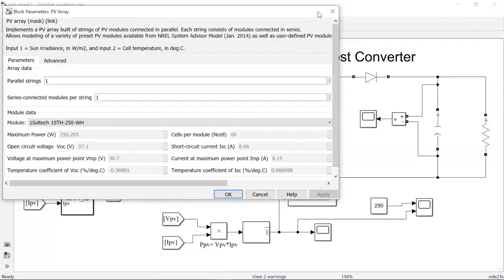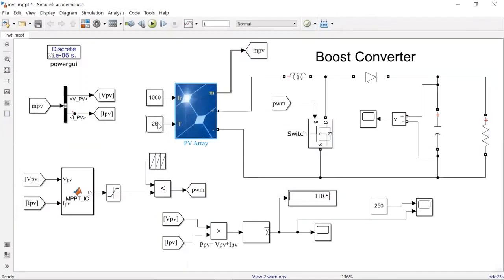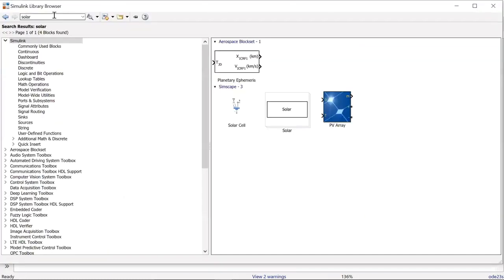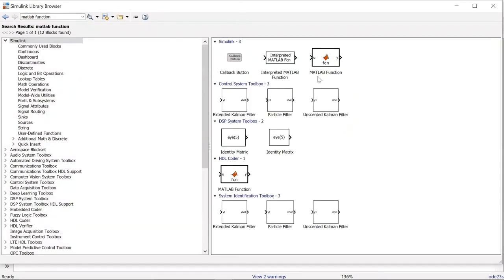Since we are using 25 degree, the maximum power we can extract from the PV panel is 250 watt. So this is the incremental conductance algorithm. This is actually a MATLAB function block. You can take this block.